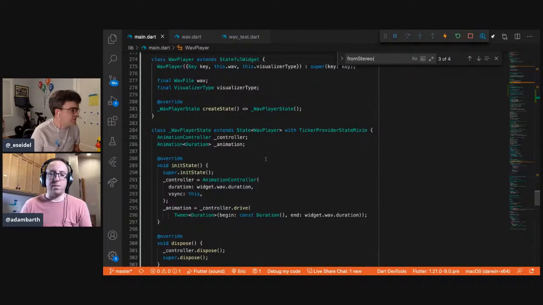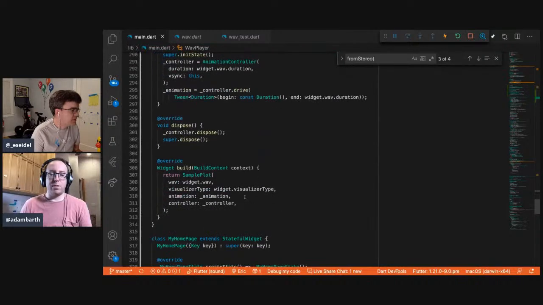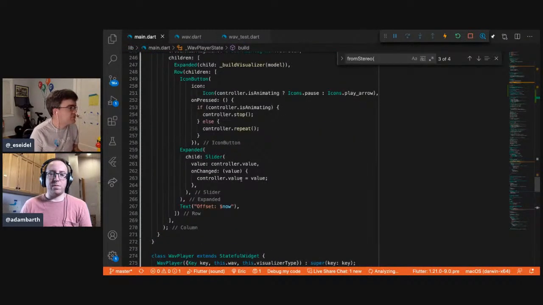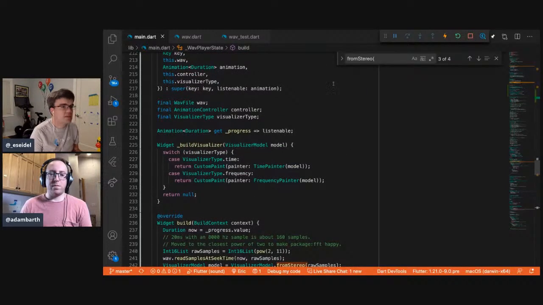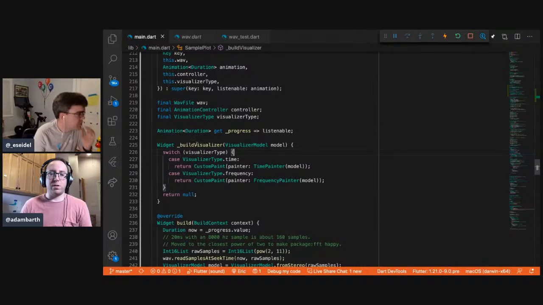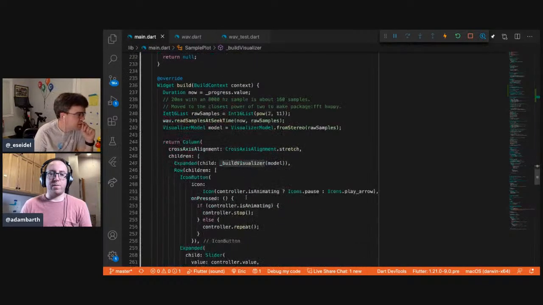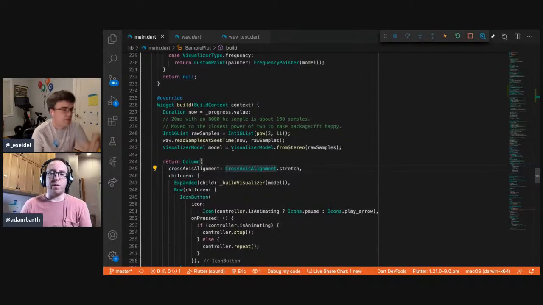Where is it that we do this? Visualizer type in the sample plot. I see the sampleness bled even into this, as we try to think about time duration. There must be a quick way to jump around in this thing. Yeah, so right here when it says build visualizer, this is what we want to be slotting in. You see here where it says read the samples, we should factor that into a provider. Well, yeah, that goes into this new model, this new provider.